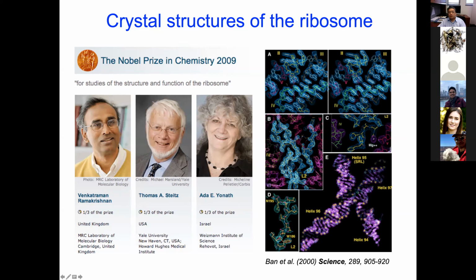Here I show you a little section of the electron density map of the ribosome, from the large subunit. You see how the RNA folds and forms base pairs, which are very well resolved in this crystal structure. And the protein residues are pretty clear in this electron density map. So it is very important to get the molecular structure of the ribosome. Otherwise, we cannot understand how protein synthesis really works at the molecular level.